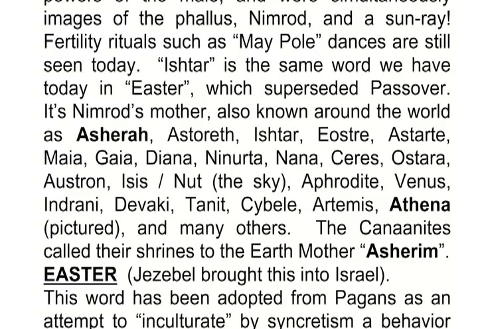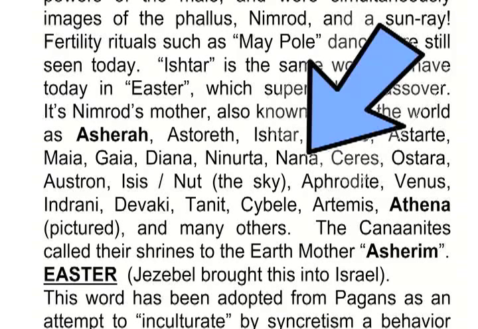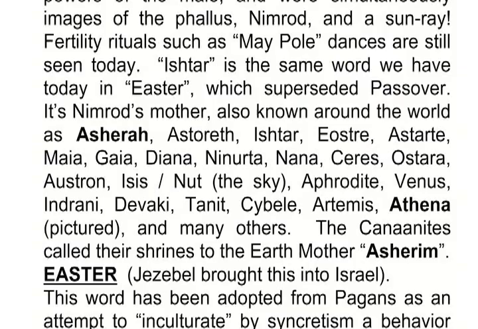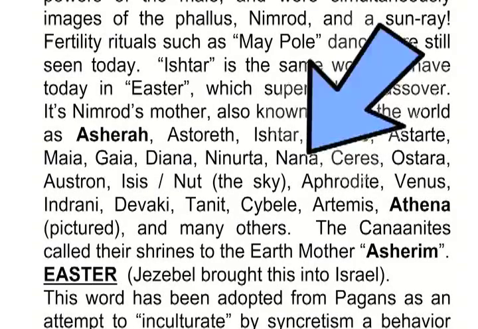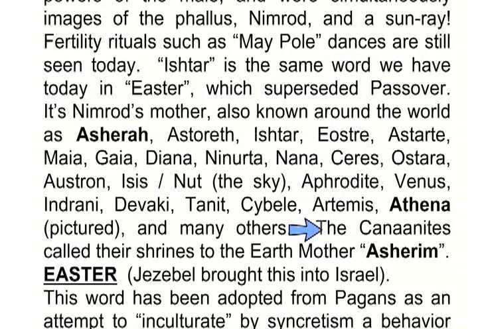Ishtar is the same word we have today in Easter, which superseded Passover. It's Nimrod's mother, also known around the world as Asherah, and many others. The Canaanites called their shrines to the Earth Mother Asherah,